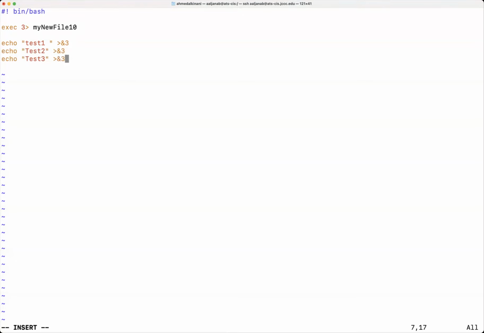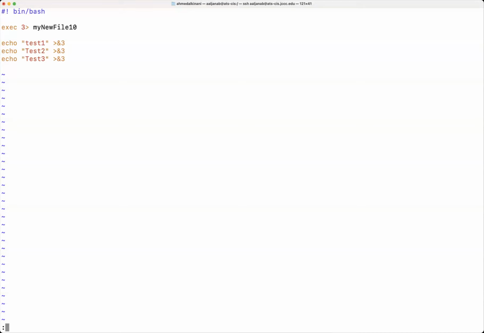Now, here's what you need to understand: the difference between what I'm doing here and what I did before. What I'm doing here is associating a file with the new file descriptor, which is 3. But previously, when I used 1, I was redirecting the standard output to that file. Again, results probably would not be different, but we know that we're utilizing a file descriptor to get the job done. Now, it's very important to understand one thing here, and let me show you what I mean by that.